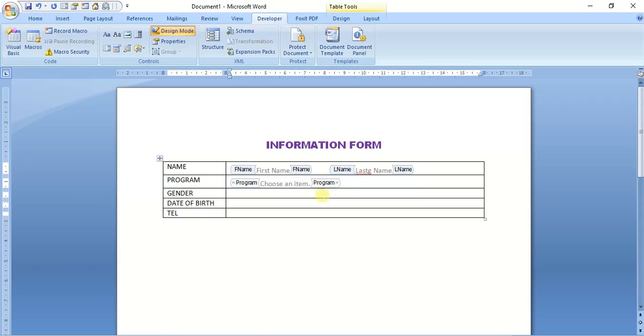All right, so let me click off that, and let's move to the gender section. The gender section, I am going to use a checkbox, but let's just put gender and write male here, and I'm going to come right at this box right here, my legacy tool, click on it, and I'm going to choose, let's say I want to choose a square checkbox. Good. I'm going to come across, I'm going to write female,